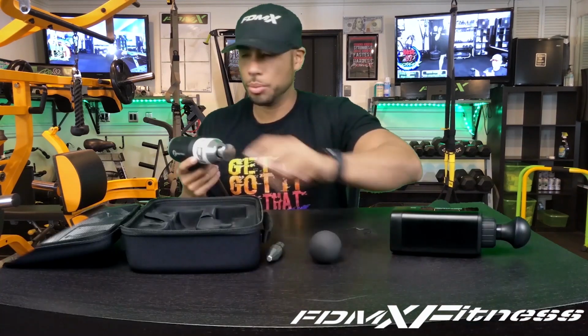Let's try this bullet one, and we'll also try it on a live person. This really looks like you're getting ready to do something. The top has a matte finish, which I do like. It looks cool, and it's light. All right, this is